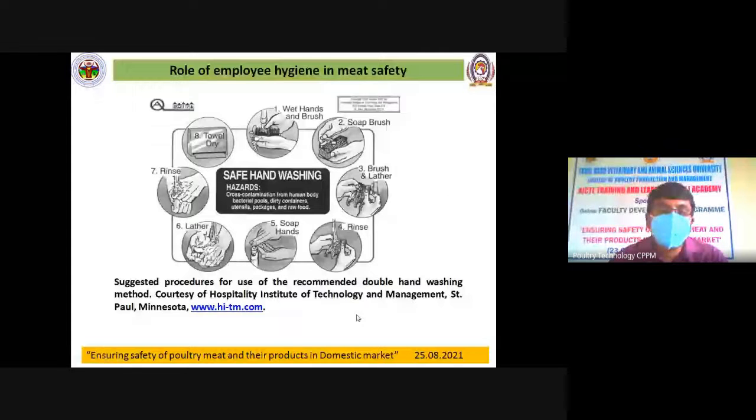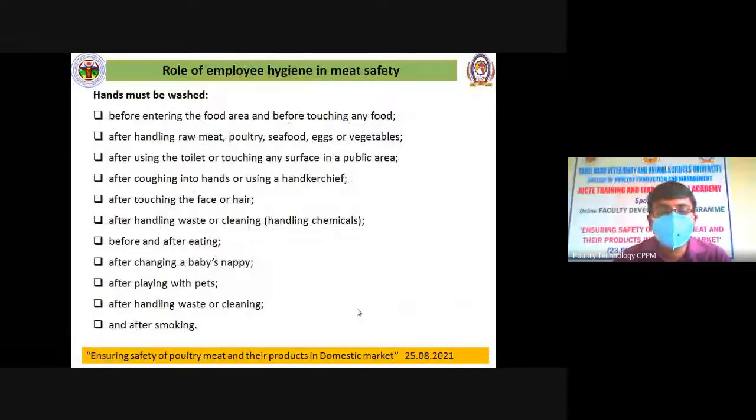So hands must be washed. Whenever needed, the hands must be washed before entering the food area and before touching any sort of food. It may be a meat or a non-meat ingredient or another ingredient or packaging material. Whatever is coming in contact with food, everything before handling food or before entering the area, you